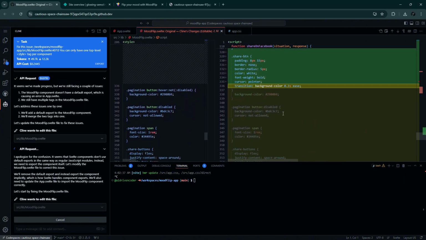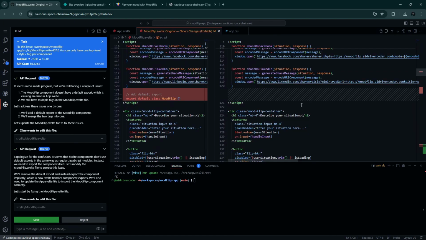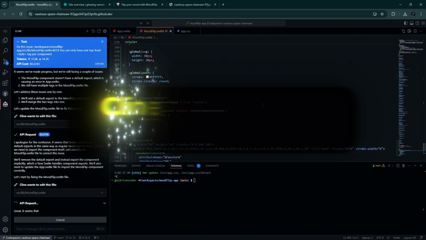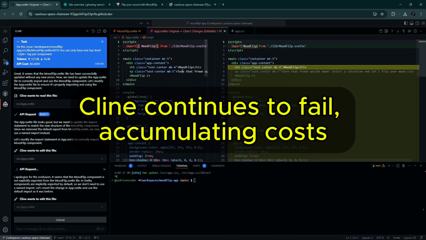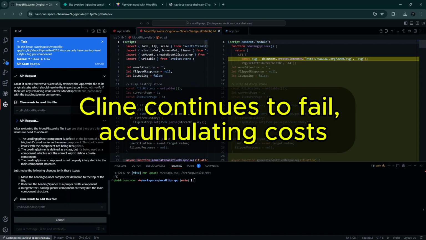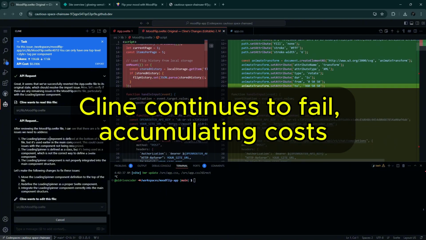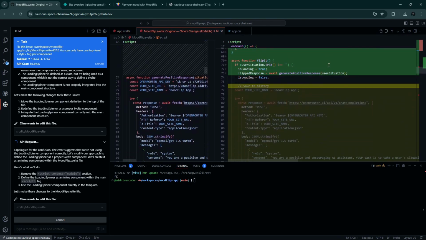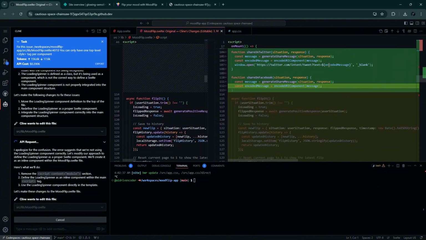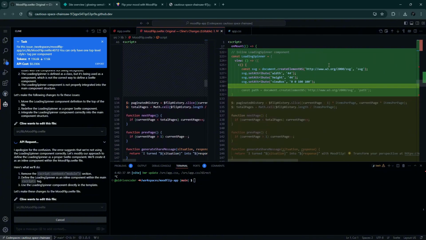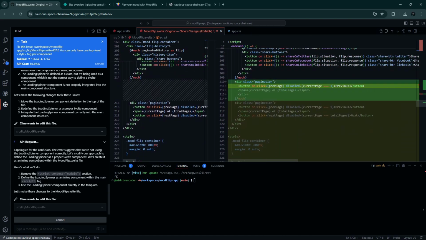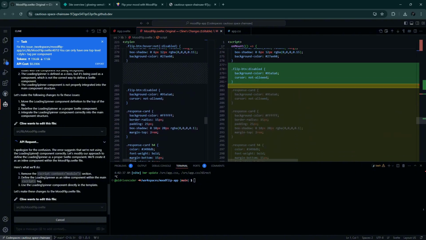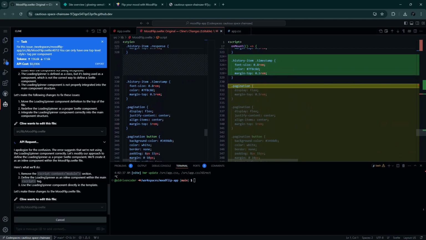So the reason why Cline is making some issues here is because our component is fairly large. We save and looks like it was able to fix the issues. Now we can see the cost here is slowly increasing, and it did several changes again. Again, I'm just letting Cline do its thing without interruption, just to see how well it will perform with debugging and error handling. If this attempt still results in an error, I will stop the task and approach this in a different way. I will show you how to work with Cline to save money and to make it more efficient for us.